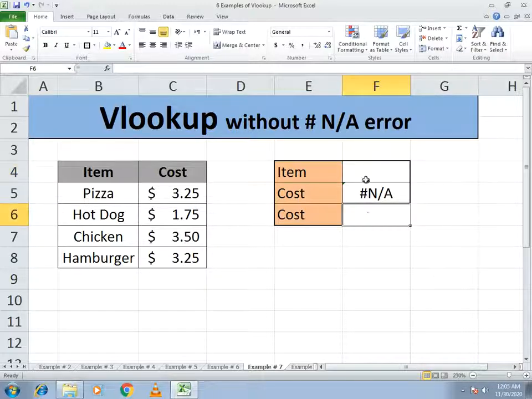And if I write here pizza, then it says the cost of pizza is 3.25. If I say rice, it says nothing available. I just want to get a different comment except nothing available. So how can you get that? You have to select the same formula,